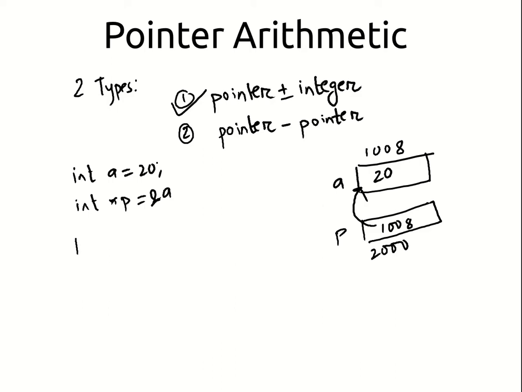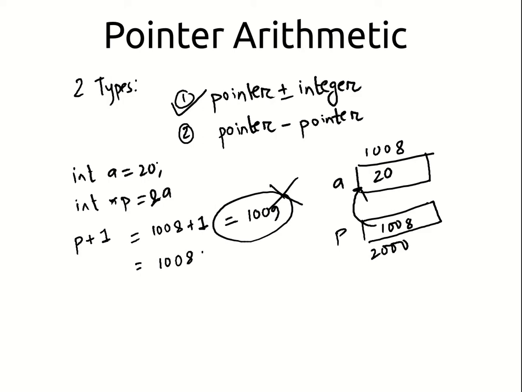Now what happens if I do p plus 1? P plus 1 is nothing but I am adding 1 to a pointer. So p is 1008 plus 1. Do not confuse that this will be equal to 1009. This is wrong. 1008 plus 1 is actually the address of the next integer in the memory. So it would actually be 1008 plus 1